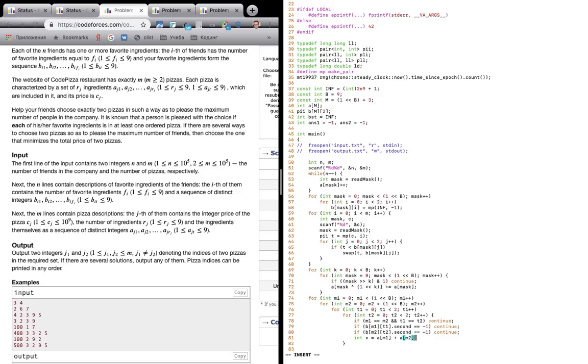So the number of masks which are submasks of at least one of ours, 2, is the number of submasks of first plus the number of submasks of second minus the number of submasks of both, but it's exactly the number of submasks of the